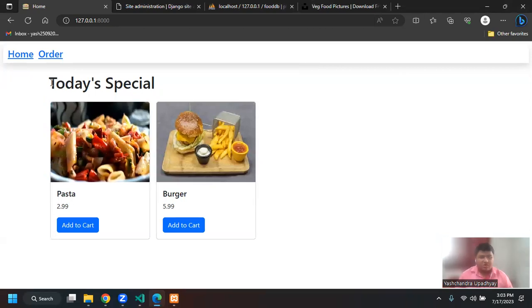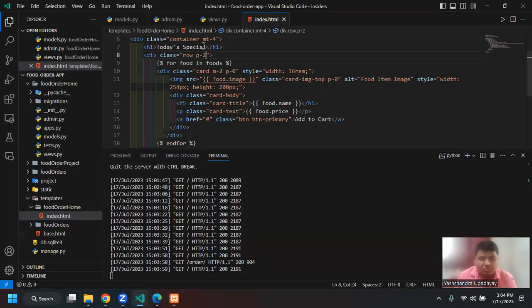Right. So now I have this menu, I have this card information, and I have home, and I have order, right? So the next thing that I want to do is make a function where I can click on add to cart. It will add this information into my order, right? I want to make it like that. And I also want that